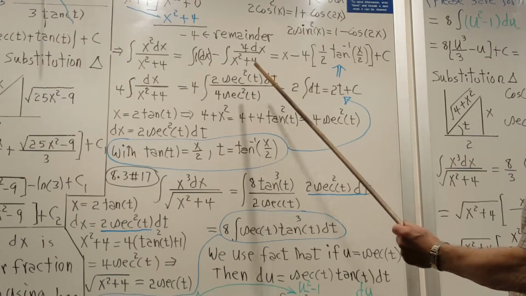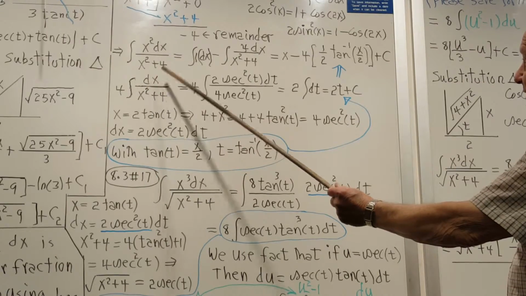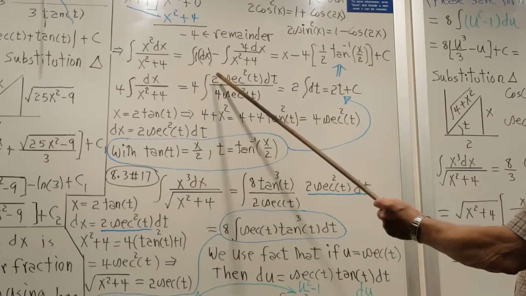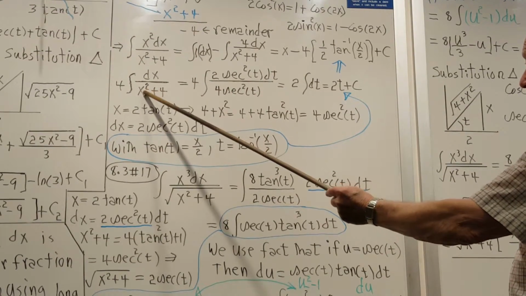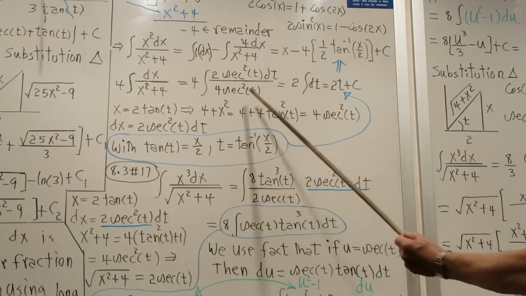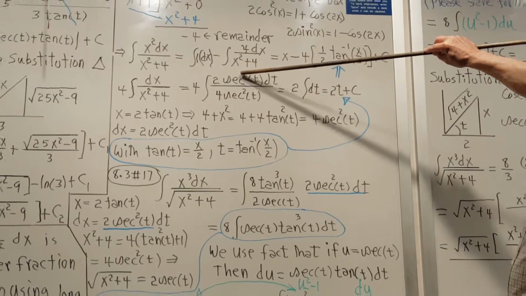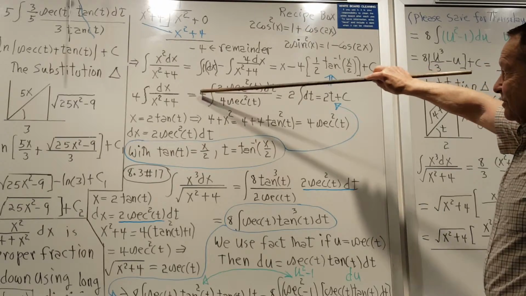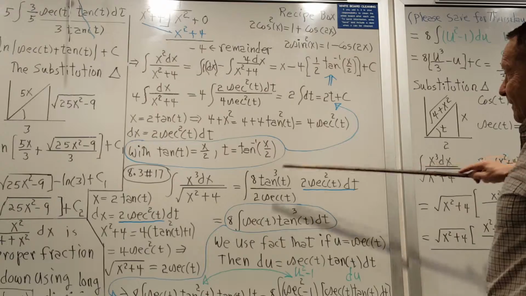And so what this will become then is your dx, which is your 2 secant square dt, over your x squared plus 4, which is the 4 secant square. And you notice the secant squares cancel, and the 4's cancel, so you have 2 dt, which is 2t, and